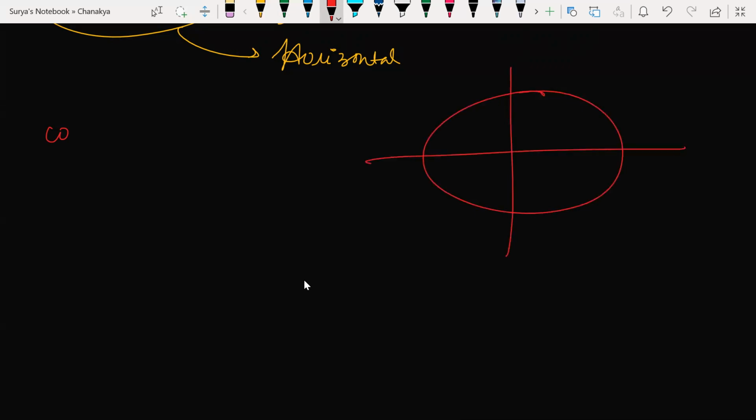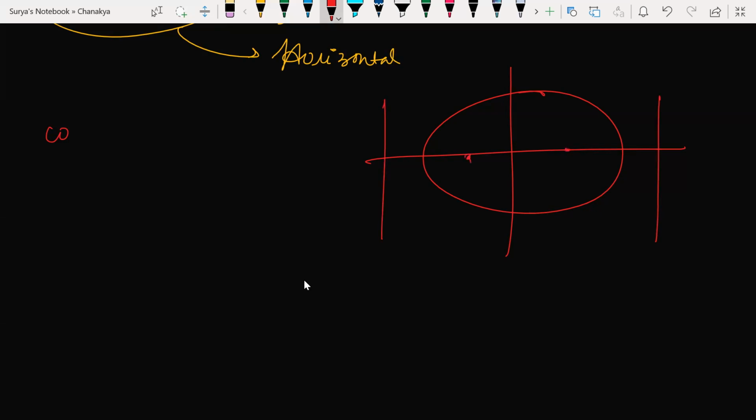Vertex is what, foci, what is the length of the latus rectum, what is the length of the minor axis, what is the length of the major axis. ठीक है, ये सब आपको पता होना चाहिए. What is the equation of the directrix? ठीक है, इधर directrices होगा. Here will be having directrices. I will be having one directrix here and one directrix here, and I will be having two